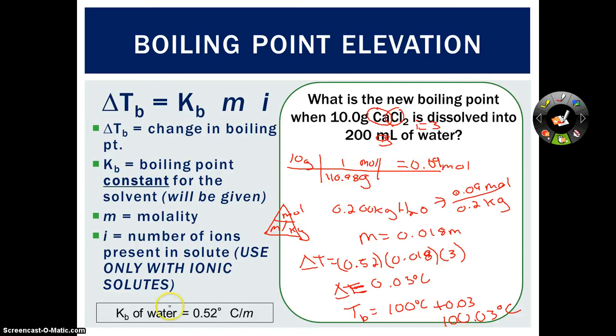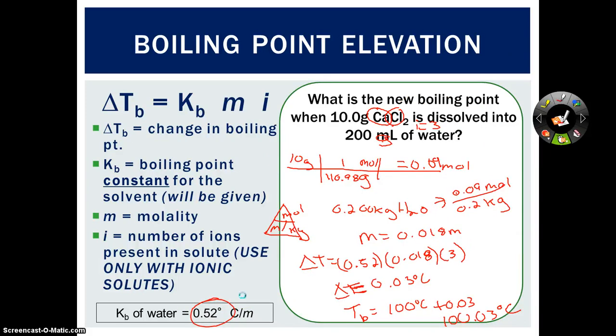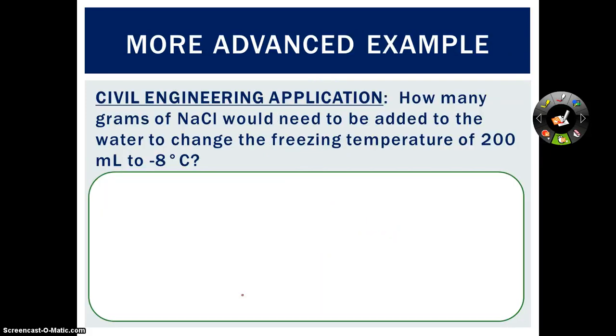You'll notice based on the constants, especially for water, the effect on boiling is not quite as high as the effect on freezing. The constant tells you that. The last one is more of an application. This is like if I want to change the freezing point by this many degrees, how much sodium chloride would I need to add? Okay, let's see, delta T equals